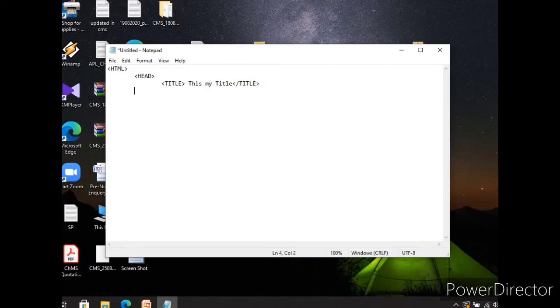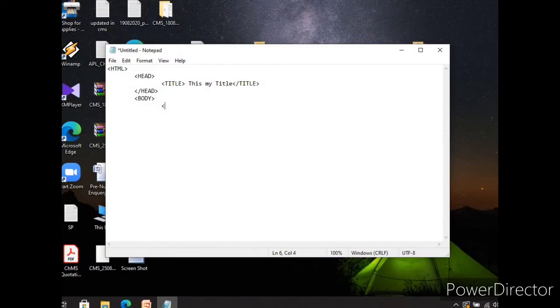Then close the head tag. Then comes your body tag. Put some code here. I want some message to be displayed in bold.